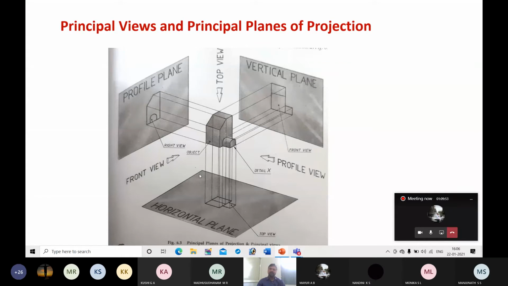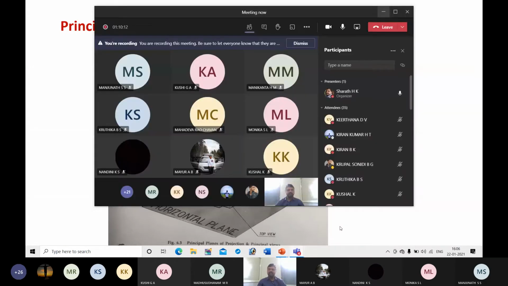Even the profile plane will be perpendicular to the horizontal plane, similar to the side walls of the room. So they are also perpendicular to the horizontal plane. Then what is the angle between the vertical plane and the profile plane? That means the wall on the left side in your room and the wall at the front, what is the angle between them?